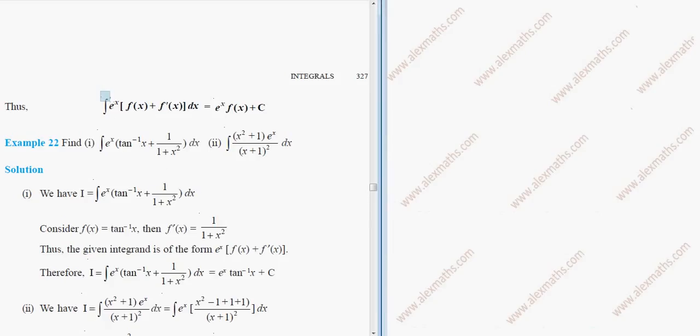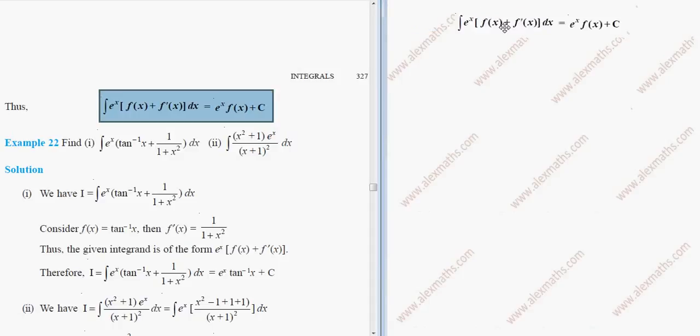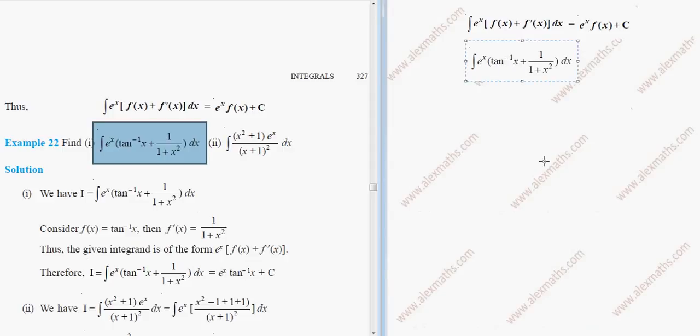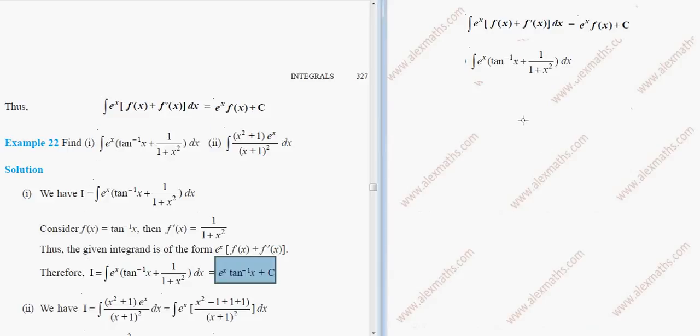Next comes a special form which is based on the integration by parts. That is, when you have e power x into f of x plus f dash of x, then the answer is e power x into f of x. For example, if you see this problem, we have exactly like this. See, instead of f of x we have tan inverse x, and f dash of x we have 1 by 1 plus x square. If this is f of x, its differentiation is 1 by 1 plus x square, isn't it? Then finally the answer can be written as e power x into tan inverse x plus c